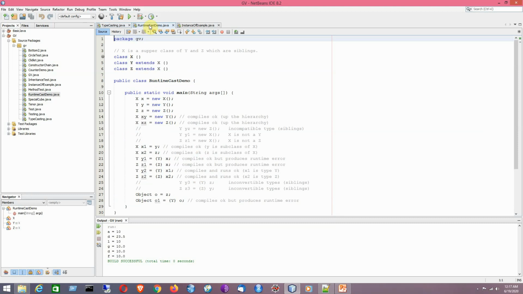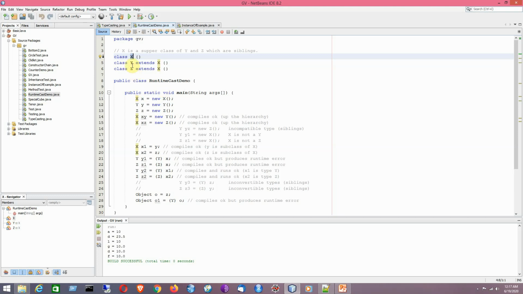Here this is an example of, say, typecasting. Say for example we have got three classes like class X, which happens to be a superclass of Y and Z. That means Y and Z are here considered to be siblings.